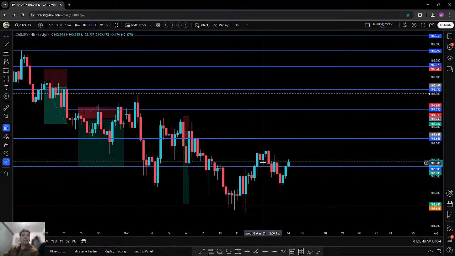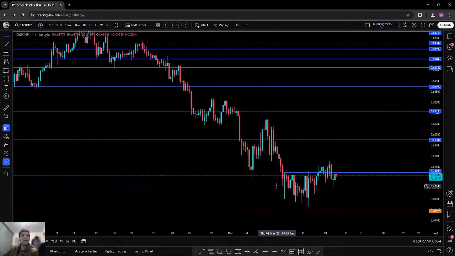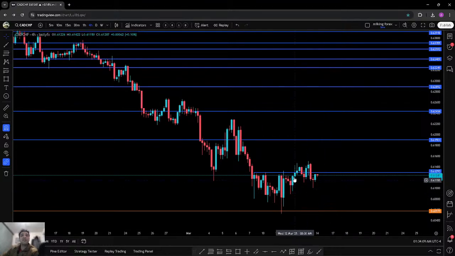Similarly, if we look at CAD JPY, we can see that the Canadian dollar is a bit stronger than the yen. The yen is weakest right now, and the pound and euro are also weak right now. So that's why we are looking at this type of momentum. And a similar structure in CAD CHF right here. We can see that there isn't much momentum here, because both of these currencies are kind of stronger right now. So that's why we are looking at this range structure in here.